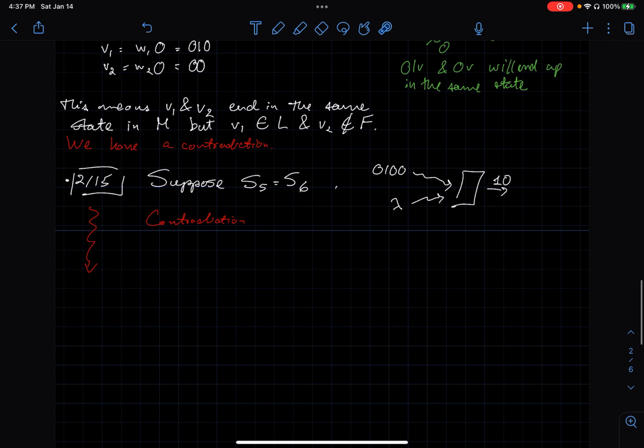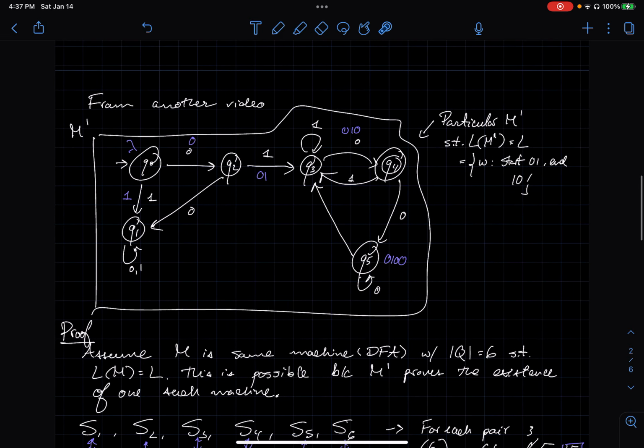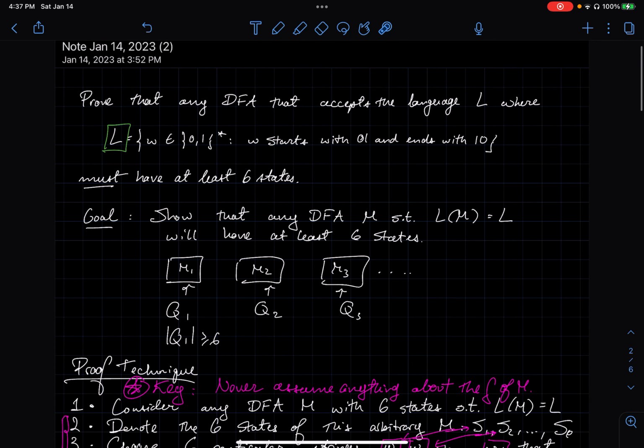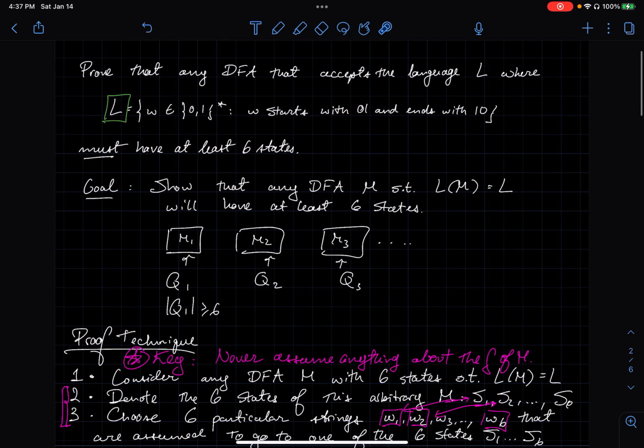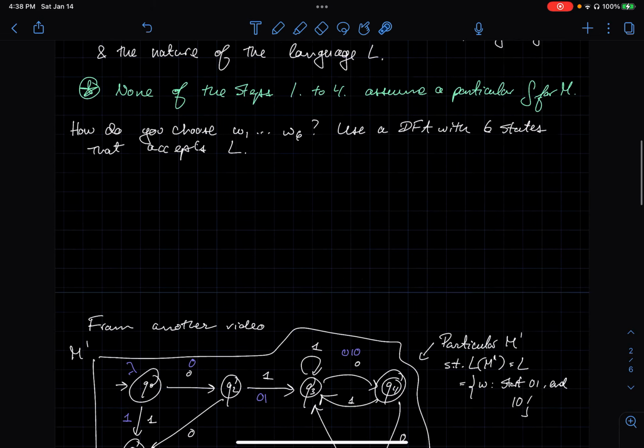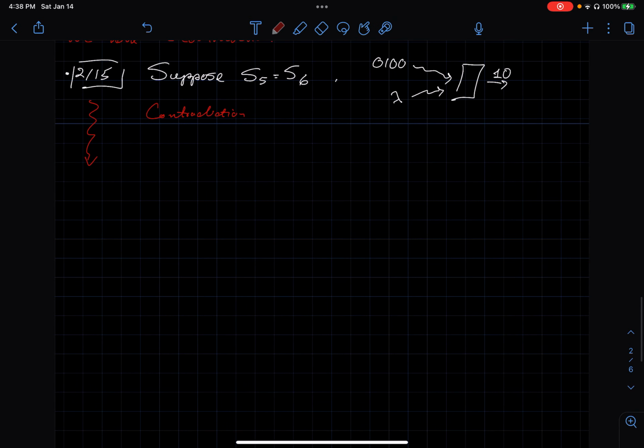But this is the general idea of how you can prove that any DFA that accepts this particular language must have at least 6 states, okay? And that's how you could do it for any language L. So if you had replaced this language L by something else, and you had replaced the number of states by some other number, then you would use the same kind of procedure to prove this, okay? And so the only thing that you can't do, right,